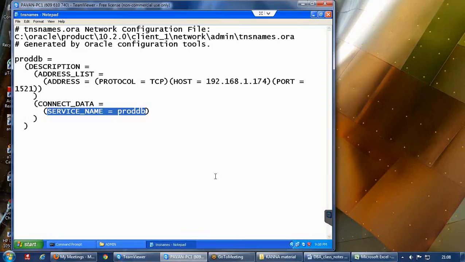So does anyone have questions before we proceed to the server side configuration?